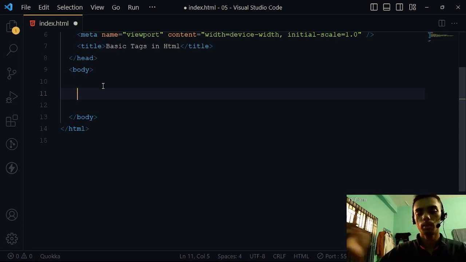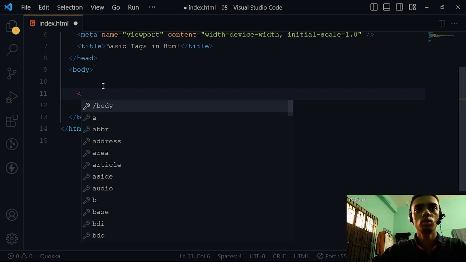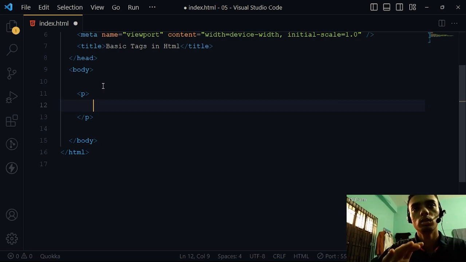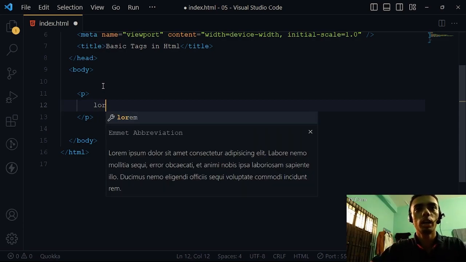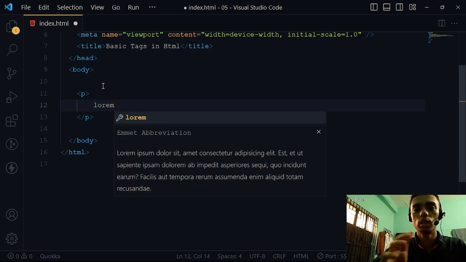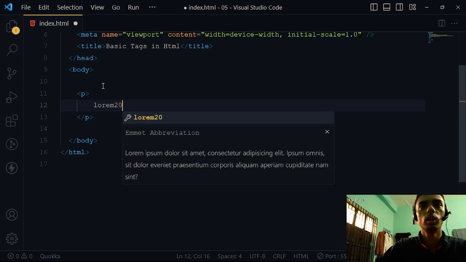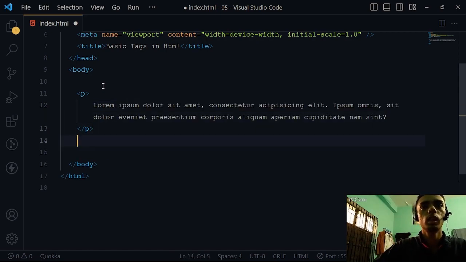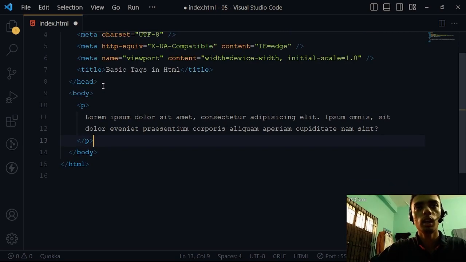For the paragraph tag, it is simple. You just have to write P and it is a paragraph tag. You can write paragraphs here. You can write multiple paragraphs with multiple tags. If I want to generate some text, you can do that by typing lorem, and then saying how many words you want. So I will say I want 20 words and I will hit enter, and it generated 20 words of paragraph. And I can save it, and I already